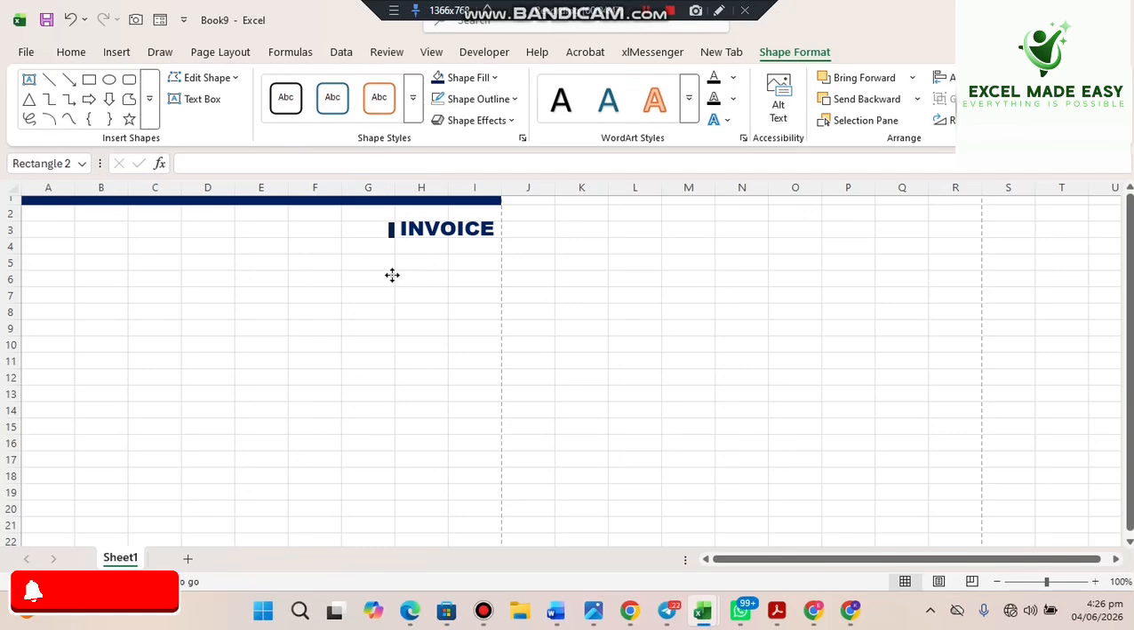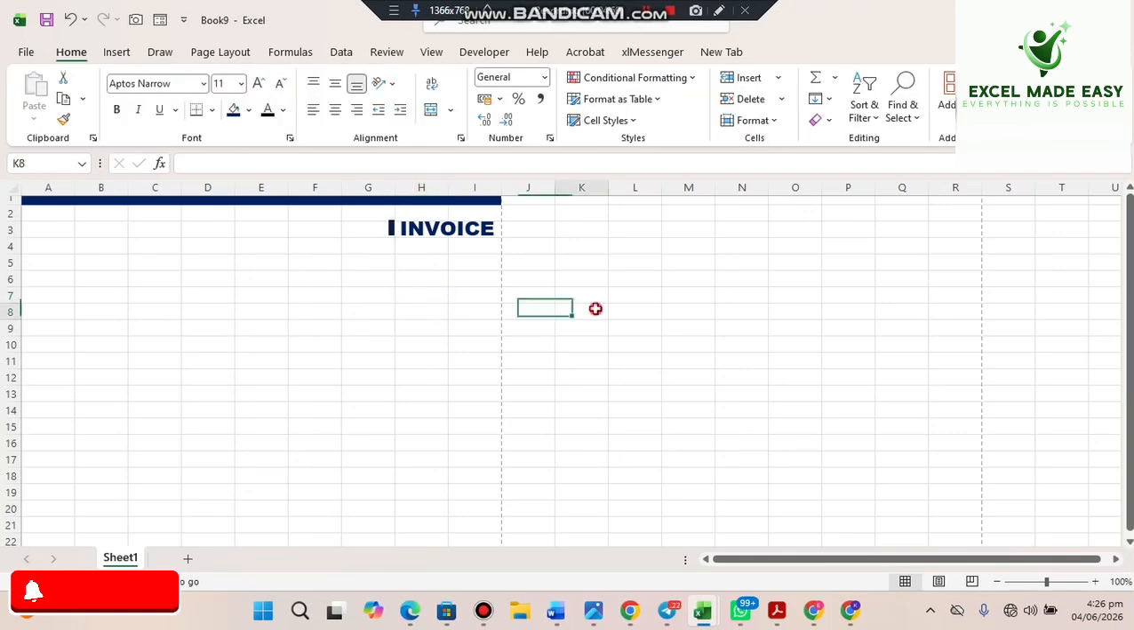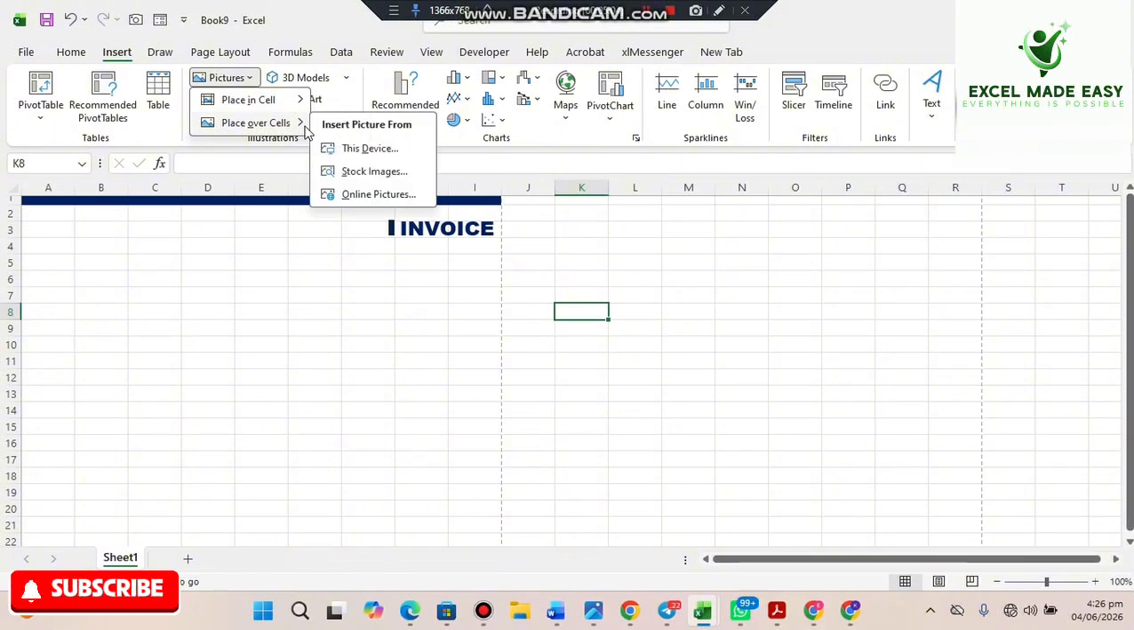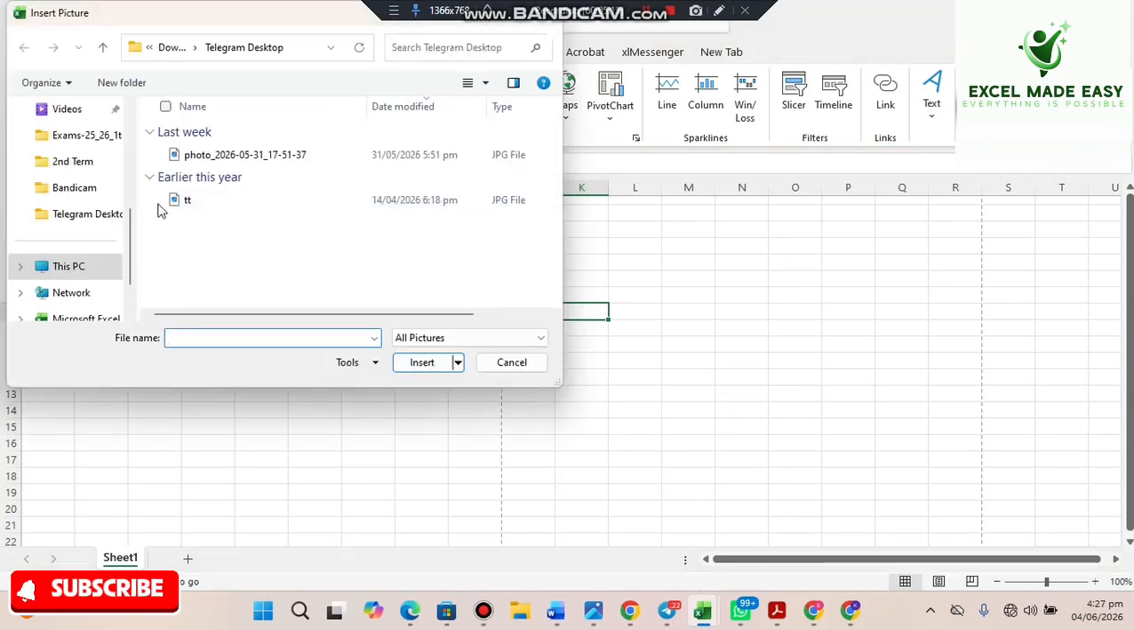So, okay, I have my invoice text here. Then also the company's name, the company's logo. If you want to insert your logo, come to Insert. I'll go to Pictures, Place Over Cells. Then you click on This Device. I'm going straight to my device, going to select my logo. This is my logo. I insert,